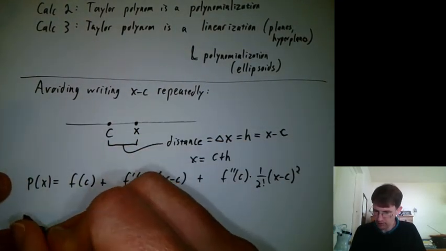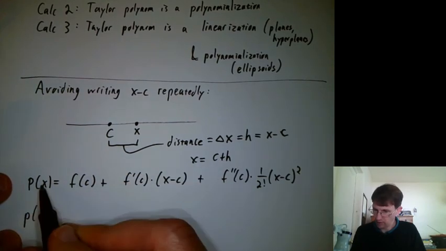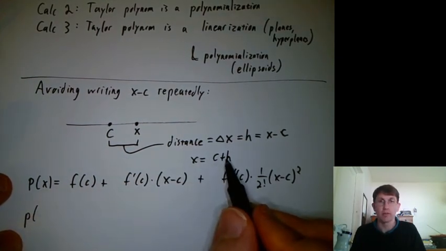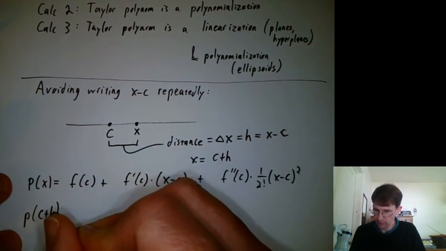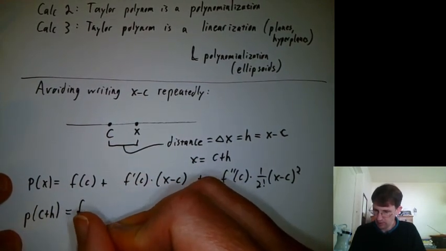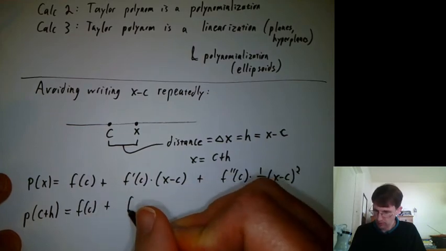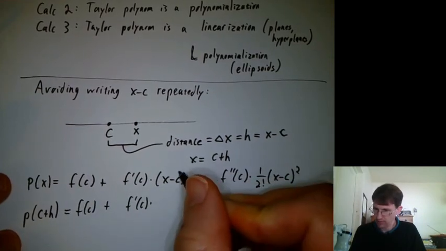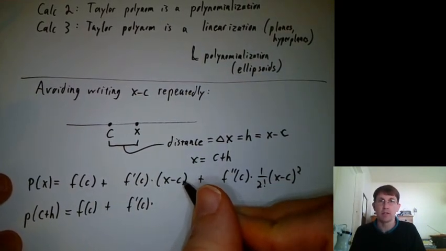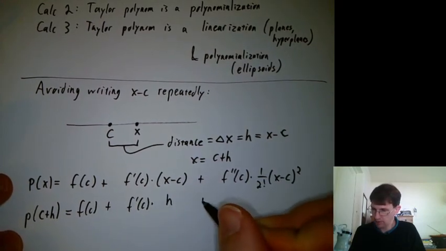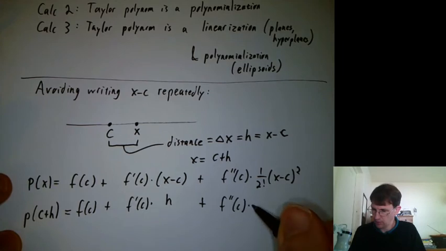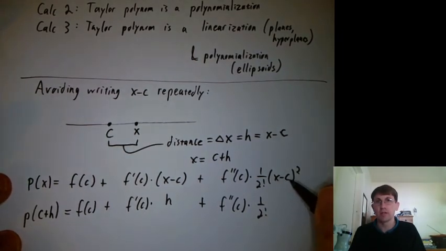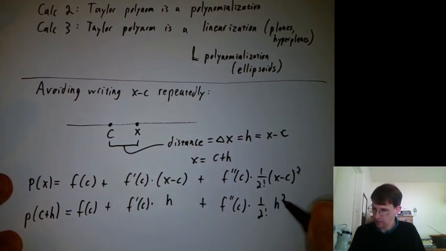So we could write instead p of, and then anywhere you see an x, you could replace it with c plus h. So you could say our polynomial at c plus h is f of c plus f prime of c times, and instead of parenthesis x minus c close parenthesis, you can just write h. And then here you can write f double prime of c times 1 over 2 factorial. And instead of parenthesis x minus c close parenthesis squared, you can just write h squared,